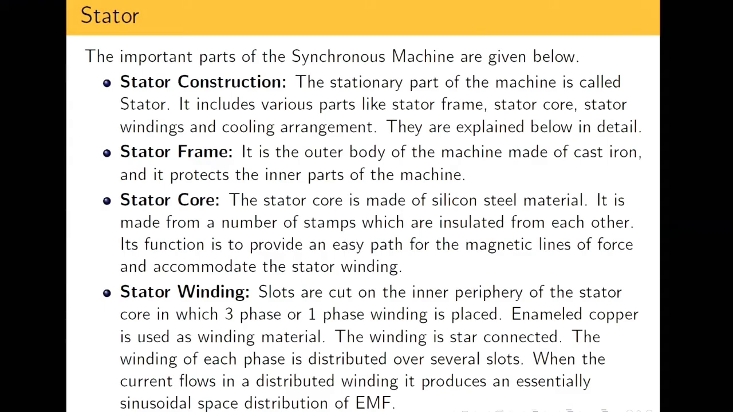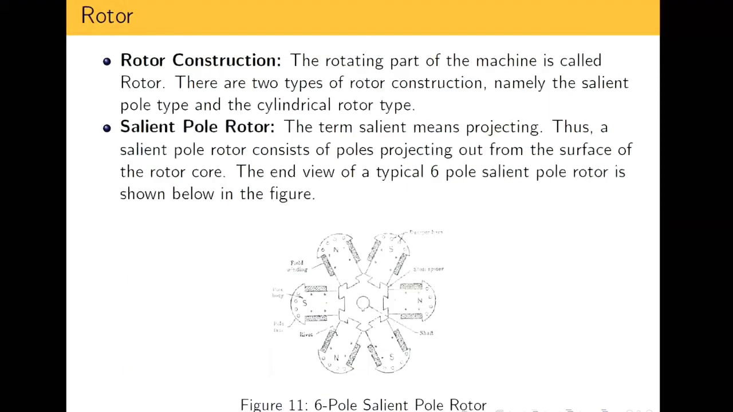And the winding is distributed over several slots per phase. The windings per phase can be distributed over several slots, and when the current flows in a distributed winding, it produces an essentially sinusoidal space distribution of EMF. So this is what